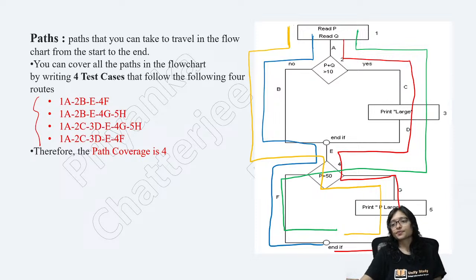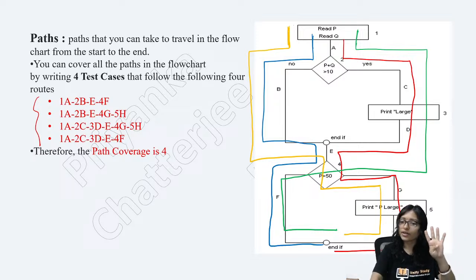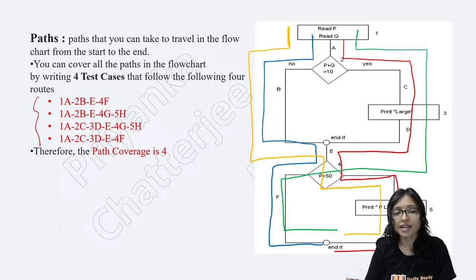Clear 4. Is this clear 4? Paths are there, 4 paths are there. Not about test case? Yes, definitely about test case. These are the 4